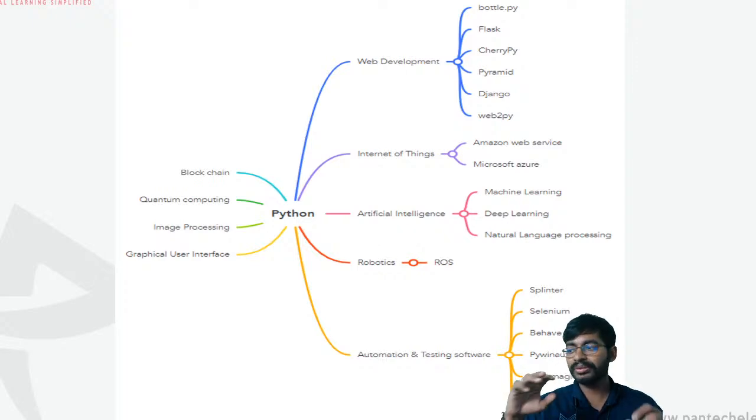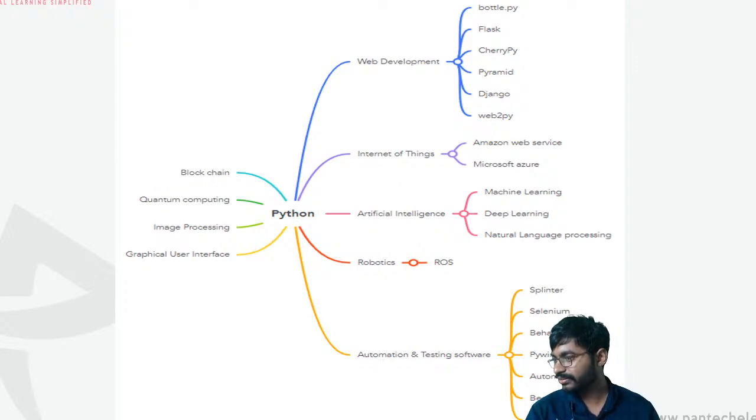Don't get confused between that and this. Process robotic operating system. Thank you, Liliva. Is ML, DL and NLP inside of AI?